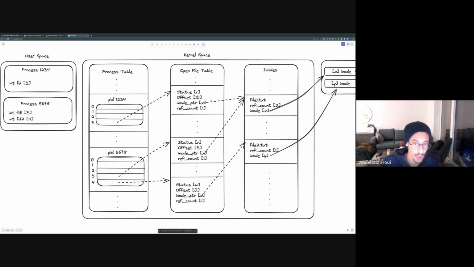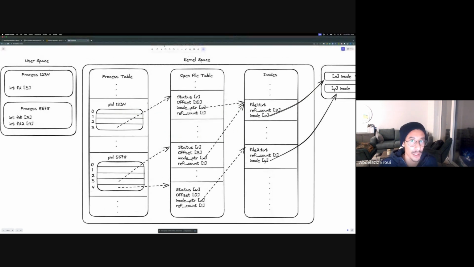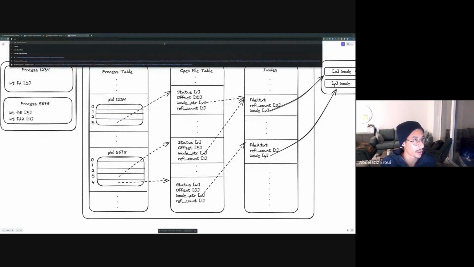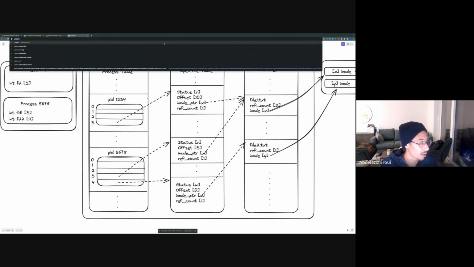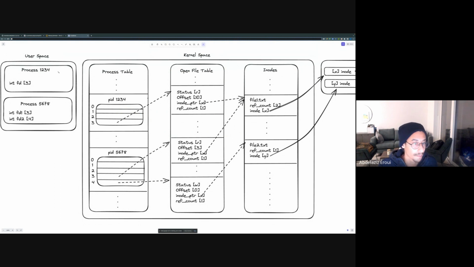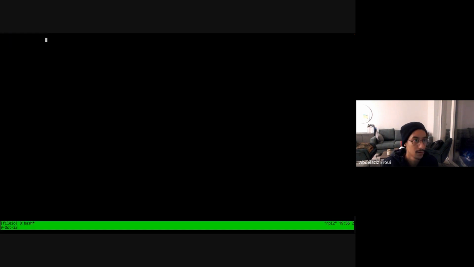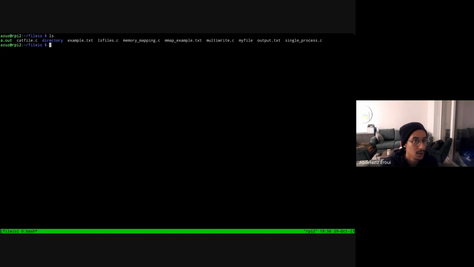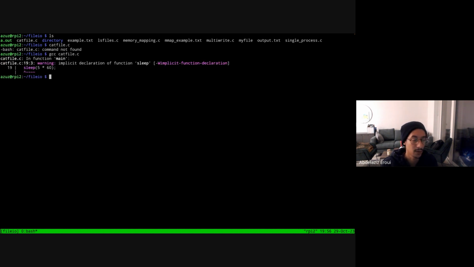So it doesn't point to the memory of the terminal, but it points to literally an open file, which is pointing to the inode, which points to literally where the file is on the disk. Okay, have you ever used a command, like let's say the a.out, and data, like you can see it, but it's to file. Okay, this file is basically a